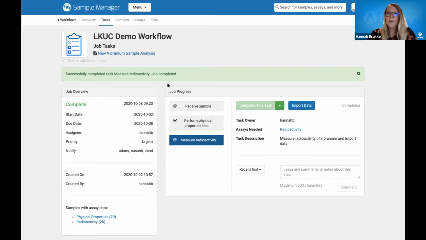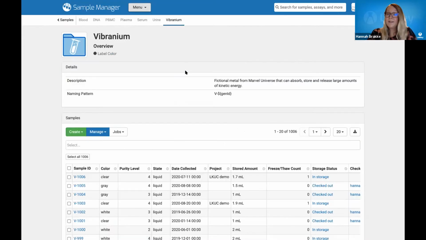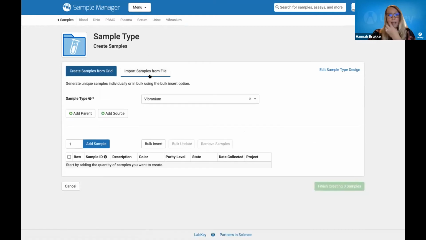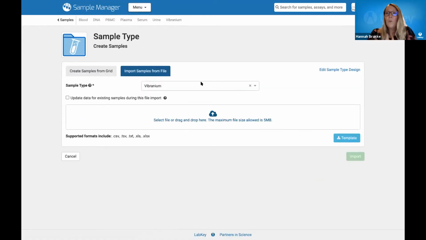And the last thing I really want to show you guys here is getting samples into the system. So if I had received a sample manifest today, I'd be able to upload these samples, and all that I know about these samples is how many I'm getting and where they're coming from. So that source itself. I don't have any information about the color or the purity yet, and I'll end up adding that later. And so I can select my manifest here